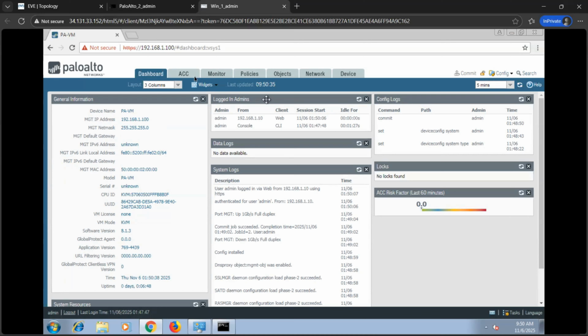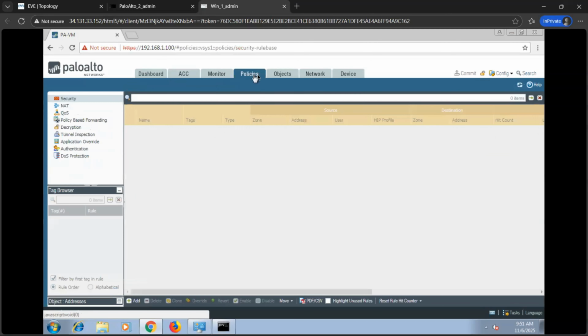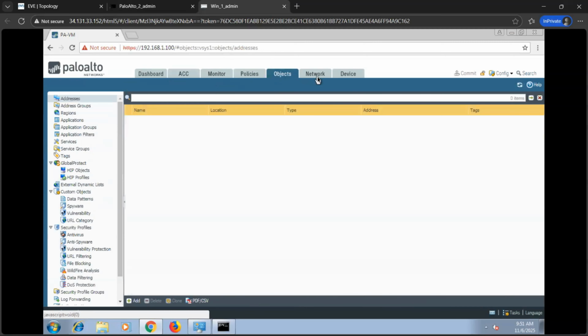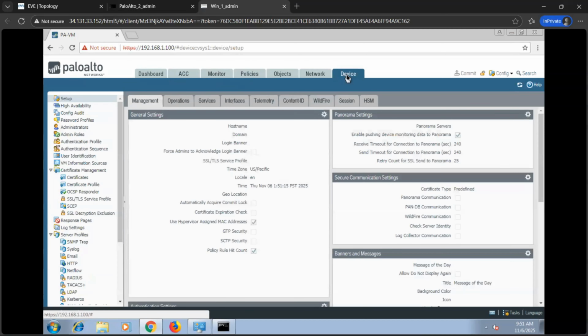You can also explore other sections such as Monitor, Policies, Objects, and Network, which we'll cover in detail in upcoming labs. That's it. We've successfully configured the Palo Alto Firewall management interface and accessed the GUI in EVE-NG.